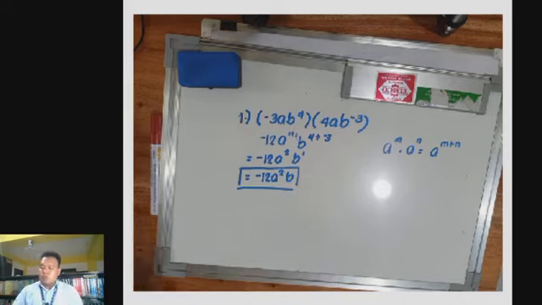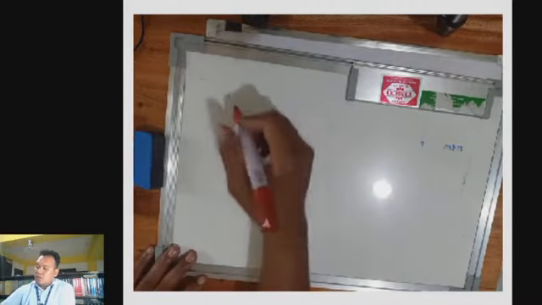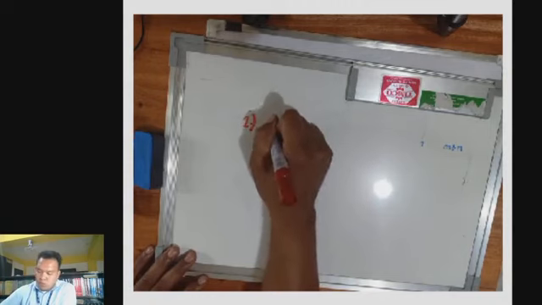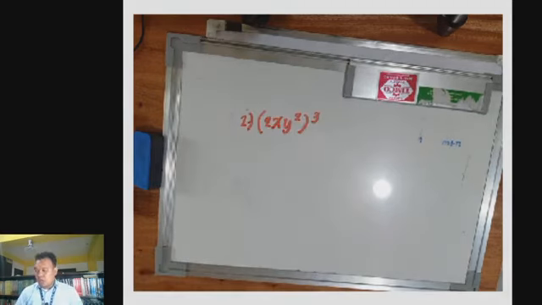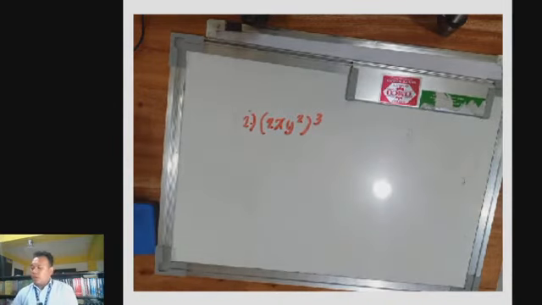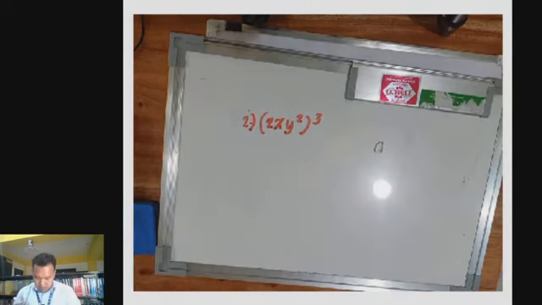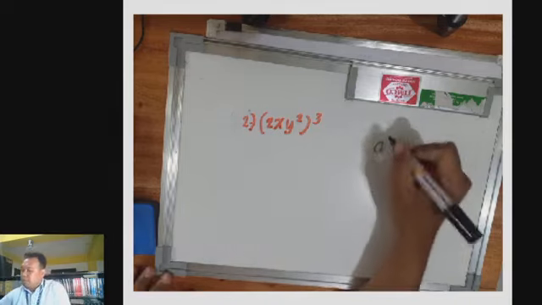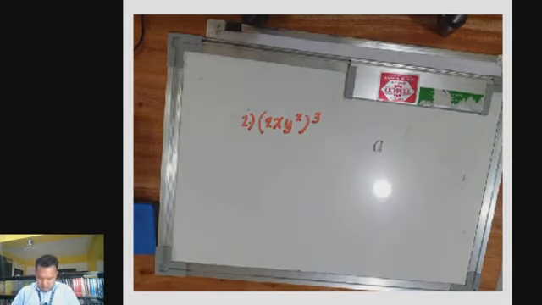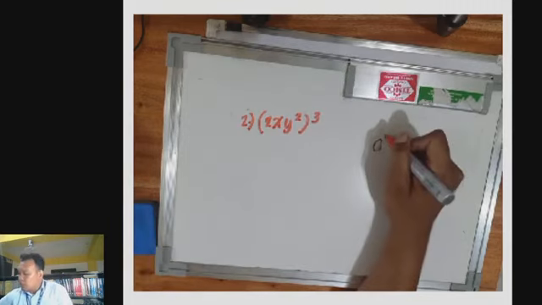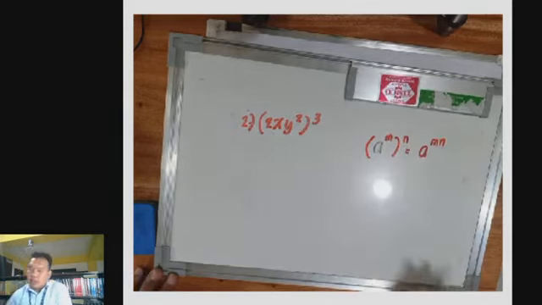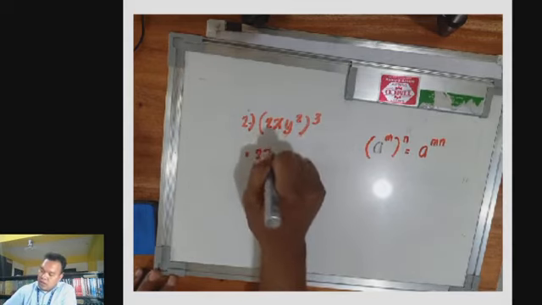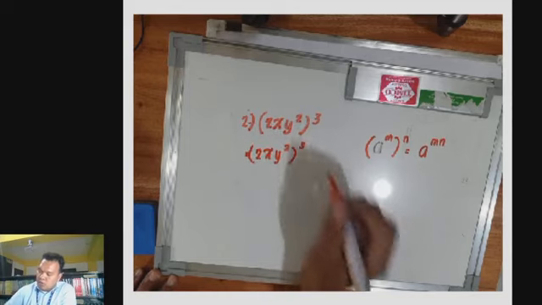Then, for number 2, we have 2xy squared raised to 3 naman. So, meron tayong properties which is a raised to m multiplied by n power, so lalabas siya ay a raised to m n. Therefore, kung ito ay 2xy squared cube power, so lalabas siya ay